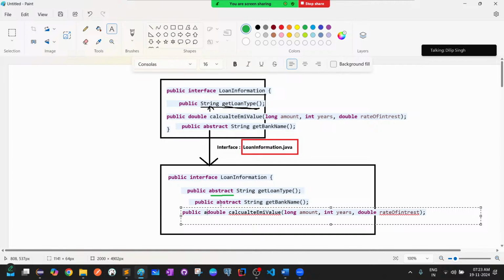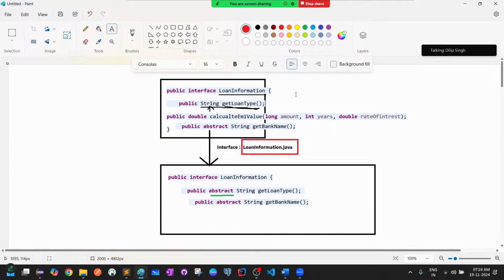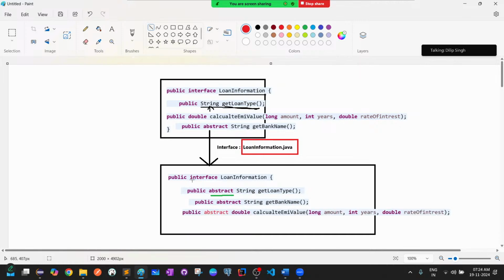So now what will the compiler do? The compiler will feel like, okay, this guy didn't add it. Let me make it an abstract method. So then the compiler will add the abstract keyword in this case. So in this case, the abstract keyword is added again. How? Because as a developer, we have not given it. So whether you give it or not, it doesn't matter. But